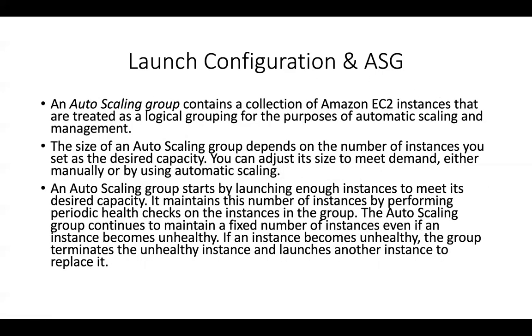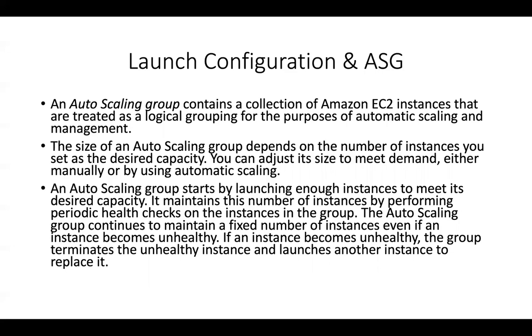So the auto scaling group is nothing but a collection of EC2 instances that are treated as a logical grouping. The auto scaling group needs to be specified with a desired capacity, a minimum capacity, and a maximum capacity, right? The desired capacity is the one that it's always going to try and maintain. So the auto scaling group's behavior is to always maintain the desired capacity, but then we can specify our own